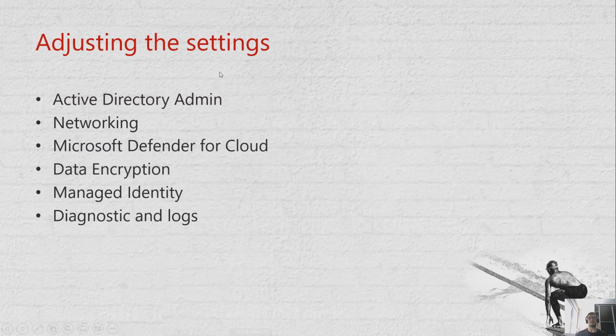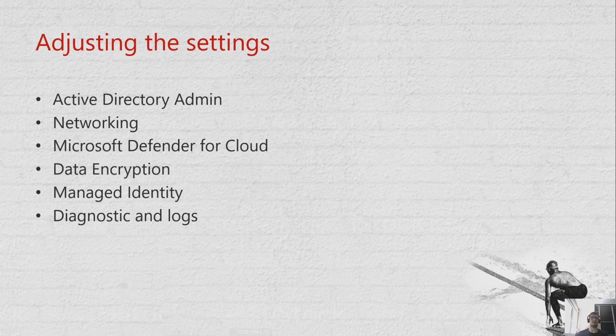So what can be adjusted? Starting from Azure Active Directory, networking, enabling Microsoft Defender for Cloud, changing the way data is encrypted, updating the identity, streaming data through diagnostic logs. All these operations are supported in the Portal as well as in the tools for automation. So choose your own preferable way to adjust these settings. By adjusting these settings, you can further enhance the